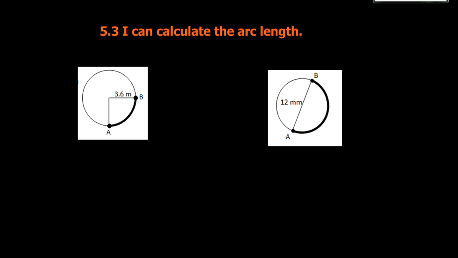Math friends, today we're going to look at how you calculate the arc length. If we think about the parts of the circle